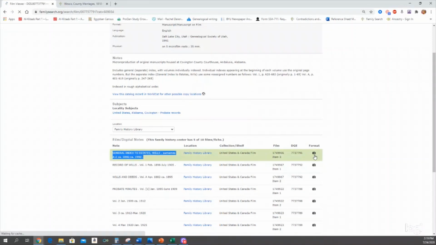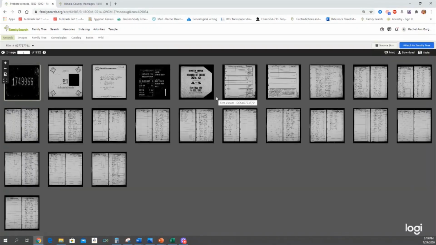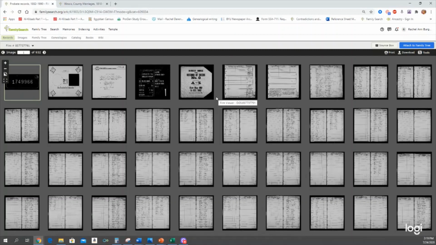So let's look inside at the actual microfilm and these images. And when you first come in, you're going to get your bearings. You're going to figure out where the microfilm starts, where it ends, and patterns that you see. So here's where the microfilm starts. You get the microfilm number, some intro pages, and a little bit of information. Section 1, this means item 1. And then this is the front cover of a book, the actual book that's sitting in the county courthouse.